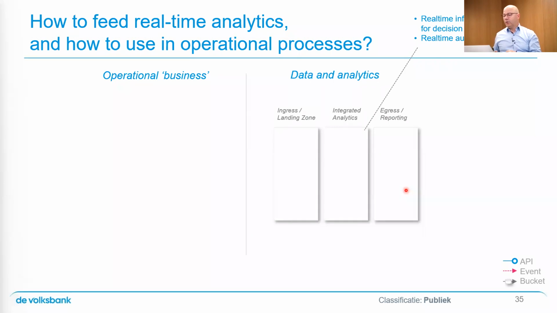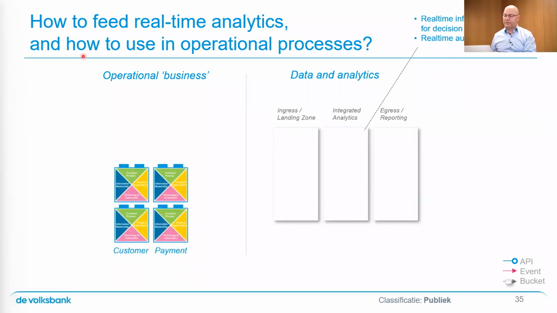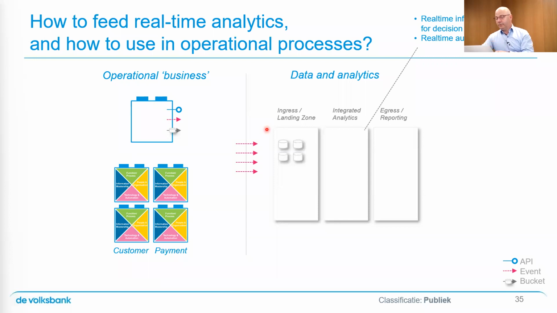And then the second is, only if you need new analytics on existing slow data, then replace the data exchange and make sure it becomes faster. And the idea is that those business capabilities on the left-hand side, if this is the operational business on the left-hand side, and we have a data and analytics platform on the right-hand side, offer standardized interfaces, as we discussed earlier, APIs or events. We'll deal with the buckets later. They can be used to provide information to the data analytics landscape, which will be a set of products and suites and tools to manage data and to do analysis.